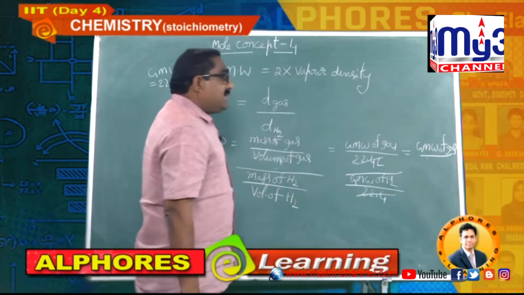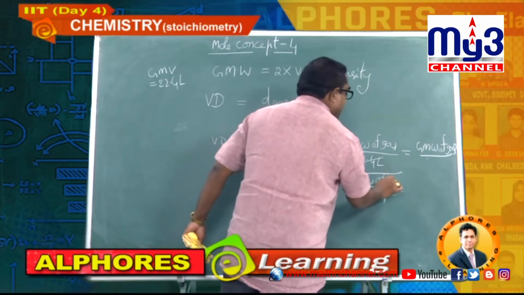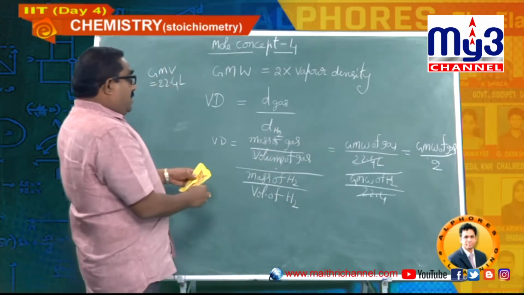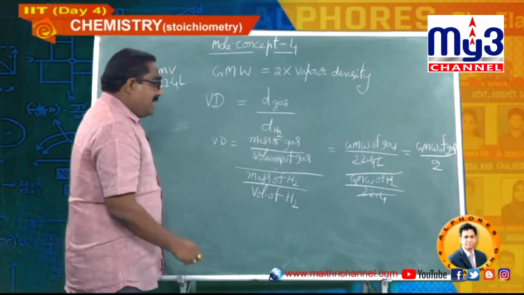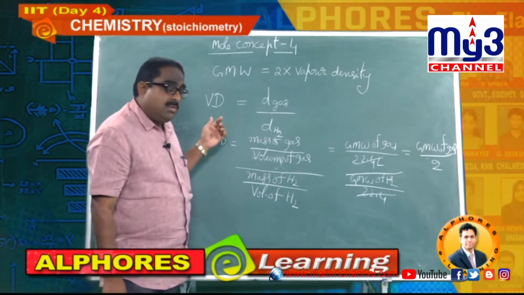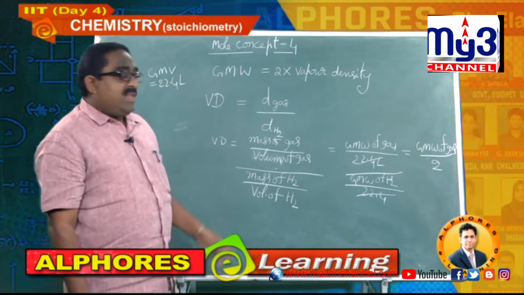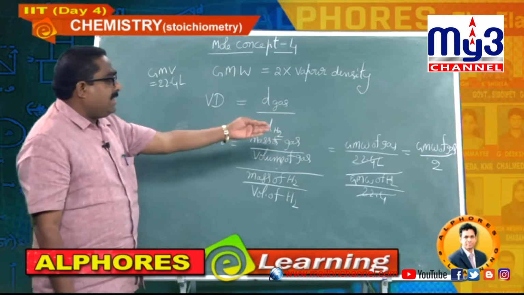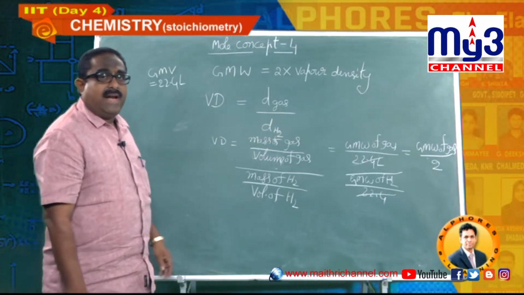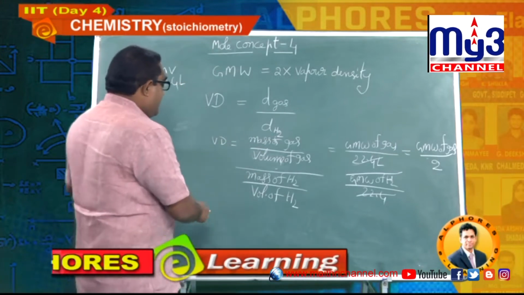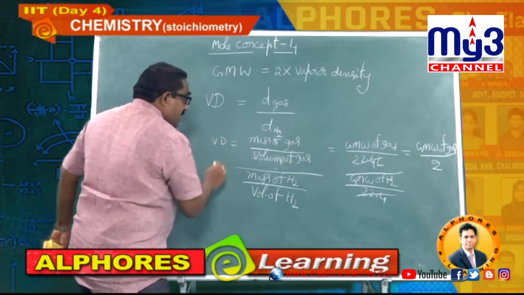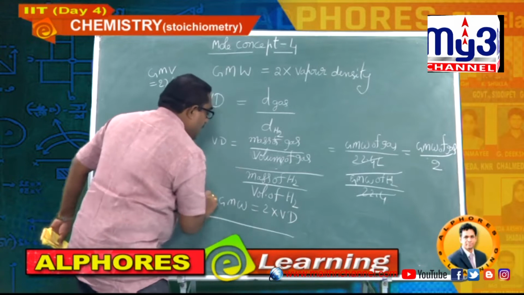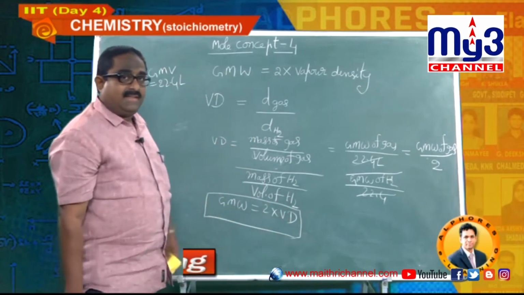We know the molecular mass of hydrogen is 2 into atomic mass of hydrogen, that is 2. So finally you can write the relation like this from this data, because I have already explained that vapor density is the ratio of density of gas to the density of hydrogen under similar conditions. That similar condition I have taken as STP, standard temperature and pressure. Now I got the relation like this. So take 2 to this side, students. So finally I can write GMW is equal to 2 into vapor density for gaseous substances.